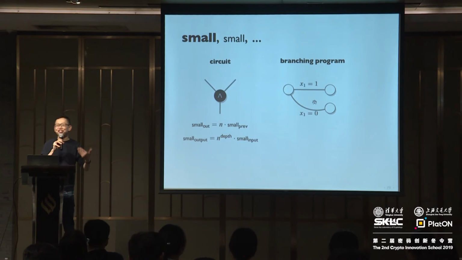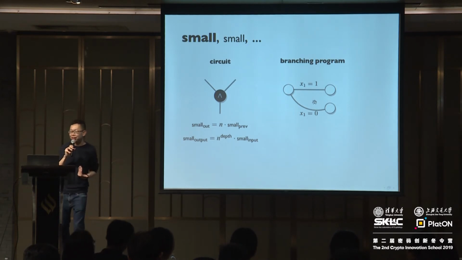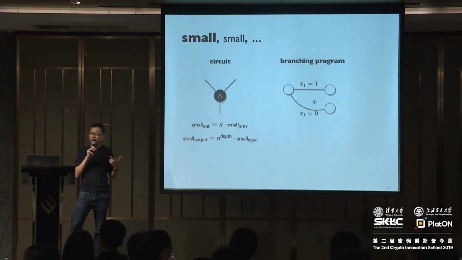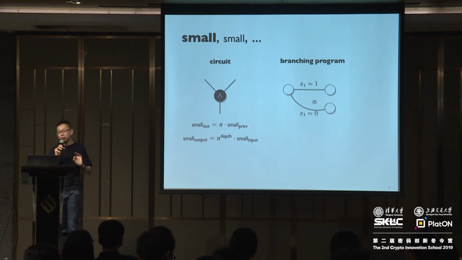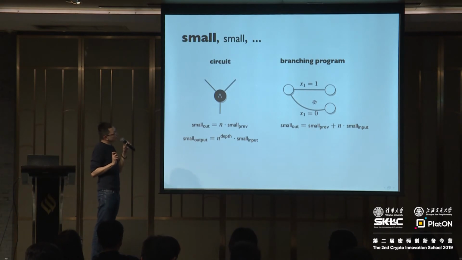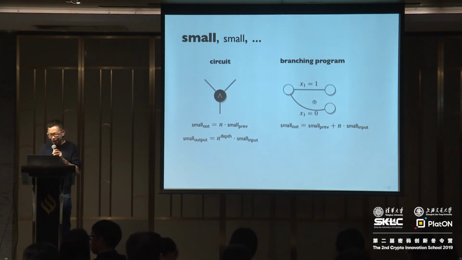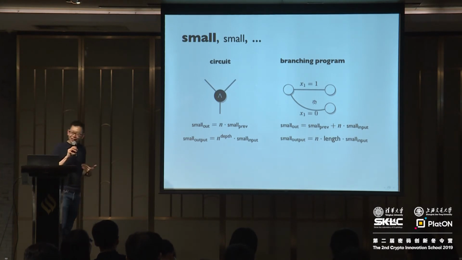Okay? So something more useful to do is, instead of thinking about circuits, you think about branching programs, which is essentially what was defined in Alec's lecture. The difference between a circuit and a branching program is that in a circuit you could potentially multiply two locations in memory, whereas in branching programs you only multiply things in memory by an original input. Now the advantage is that your noise grows a lot less because since you always multiply something from the input, you really get something like the previous noise plus n times the original input noise. If you work this out, the final value of small is basically n times the length of the branching program.